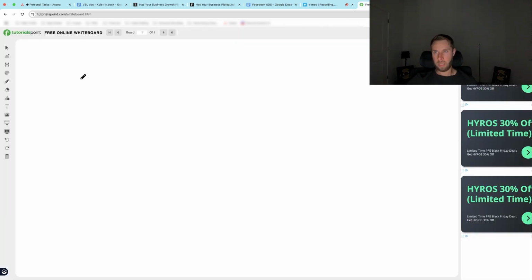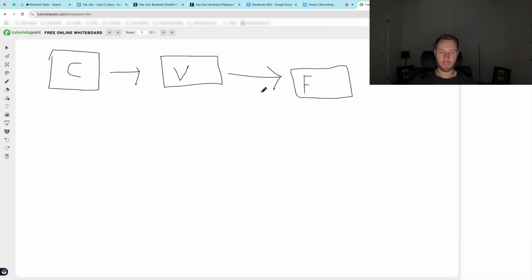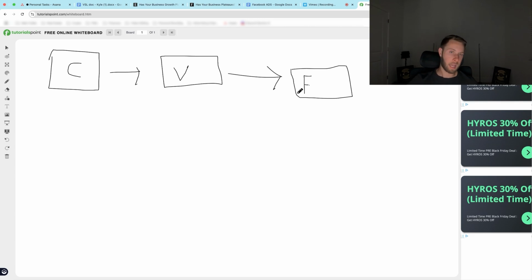So if I were going to launch an ad, the first thing I would work on is the copy. So C for copy. Next thing is the video creative, so I'll put a V here for video creative. Next thing is making sure the funnel is good. These 3 key parts, you want to make sure everything is in line and operating efficiently. For the funnel, you want to make sure the percentage rate is high enough so that ads are converting as well.